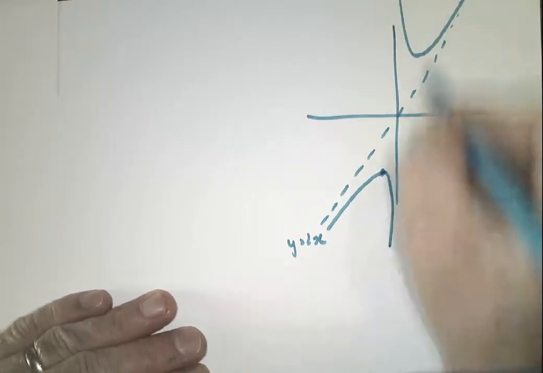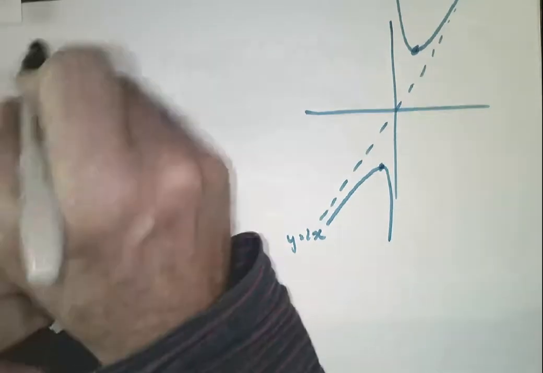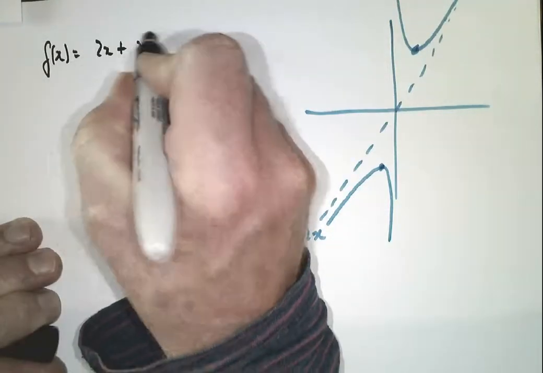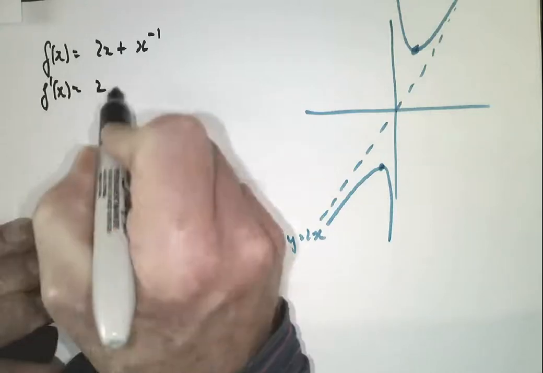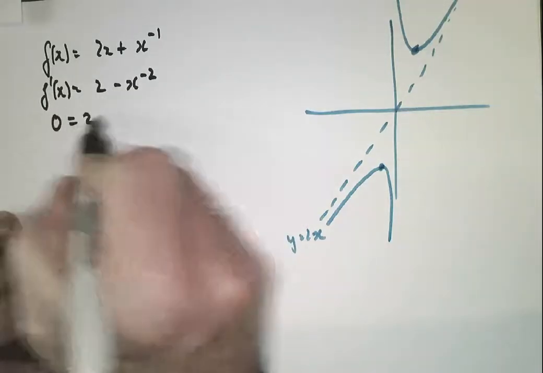Okay, I need to know these turning points. I need to know the turning points, therefore I need to take the derivative. I know that f of x equals 2x plus 1 on x, which is x to the negative 1. Therefore f dash of x will equal 2 minus x to the negative 2. And if I set it equal to 0,